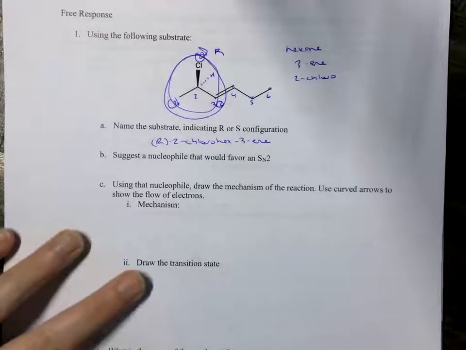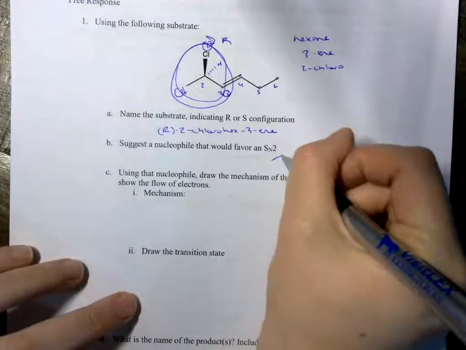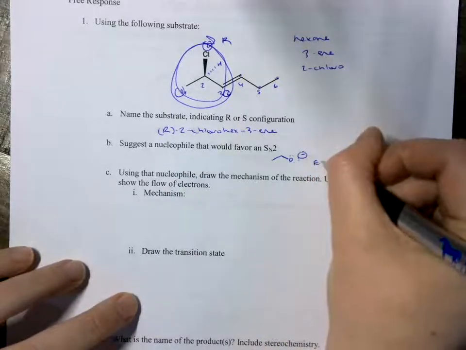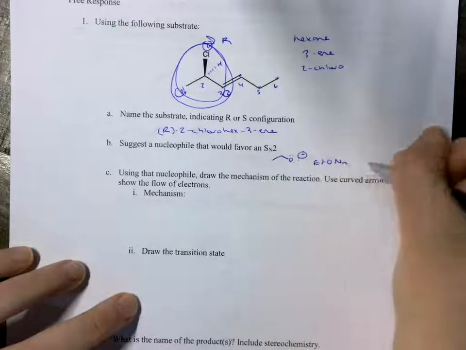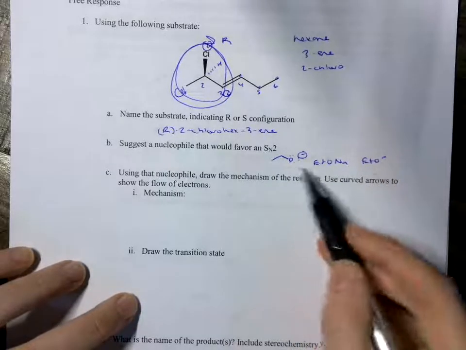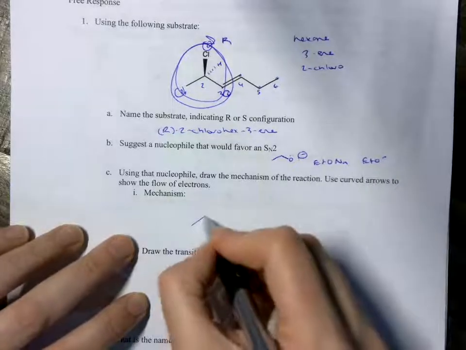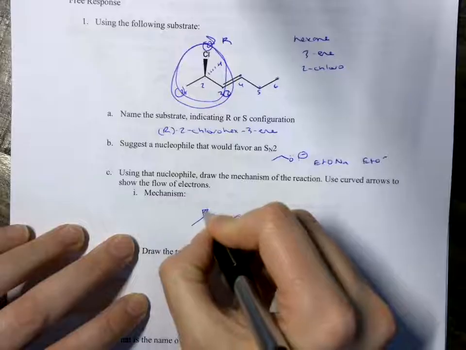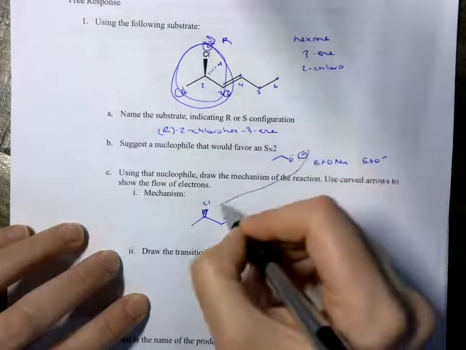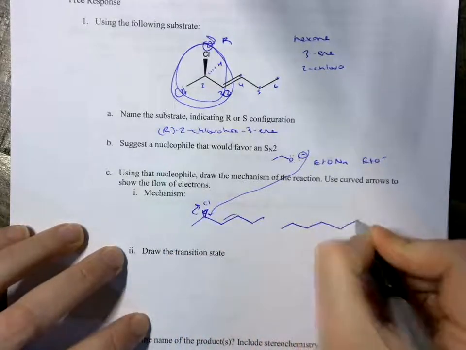Yeah. Okay. So now suggest a nucleophile that would favor an SN2. I'm going to favor a narrow nucleophile that's negatively charged. So I'm going to do ethoxide. This would also be written as this, or any of those would be the same thing. So now I'm going to draw the mechanism. I'm going to redraw the starting material. And then I'll have this come in, and it's going to attack from the back and kick out, and we will get